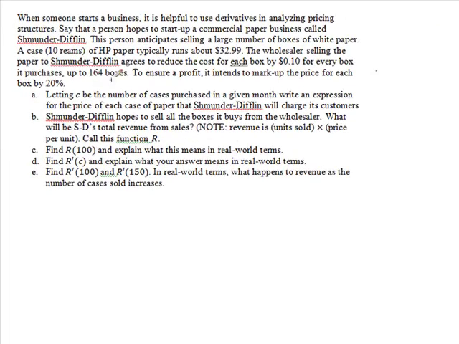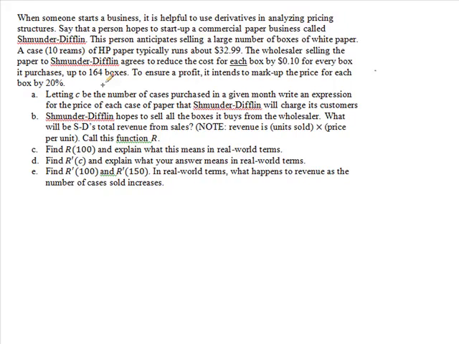I think this is a pretty neat modeling problem that deals with basically starting up a business and being able to analyze some costs. So we're told that somebody starts a business called Schmunder-Difflin. Definitely no similarity to anything we've ever heard of. This person anticipates selling a large number of boxes of white paper. And so it's a paper selling company, and we're told the case contains 10 reams of paper, and it runs